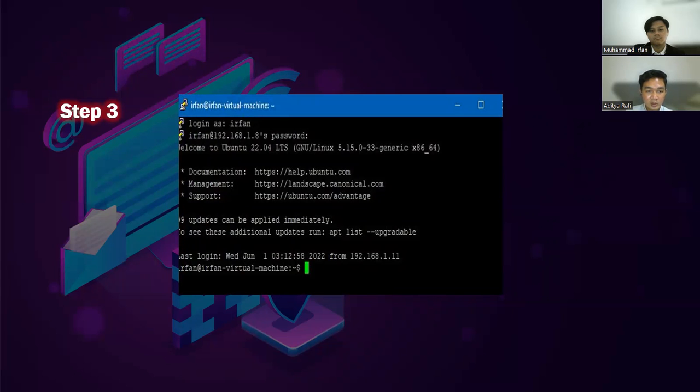A display like this will appear in the PuTTY application, which indicates that SSH has been successful and is ready to remote the PC.